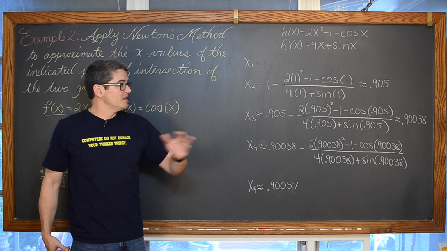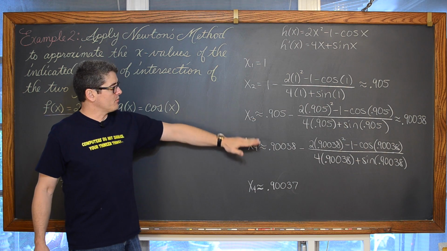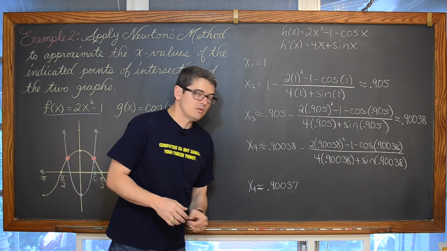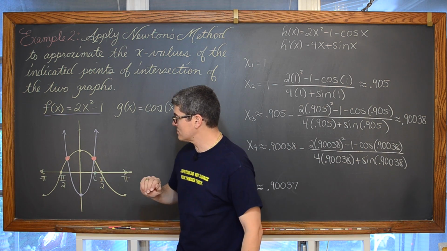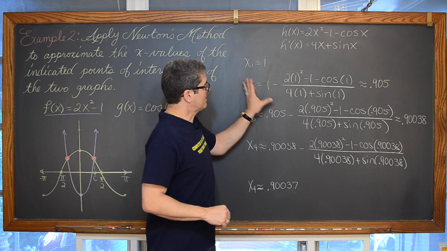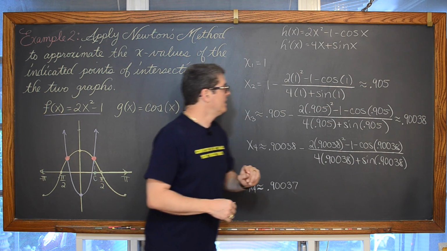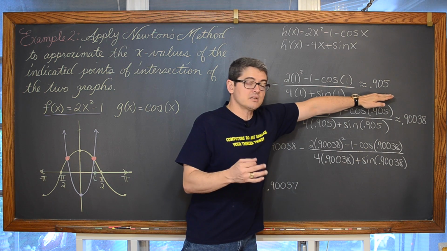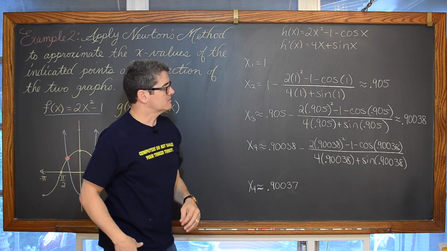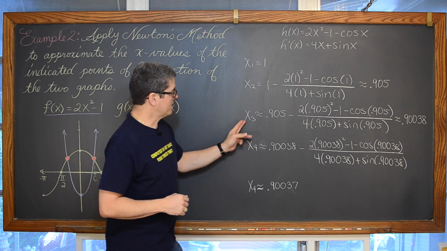So there you have it. With just one guess, an x value of 1, and going through 3 more iterations of Newton's method, we have an estimated solution where these functions cross of 0.90037. We went from 1, using that tangent line and the next intercept of a tangent line, to 0.905. From the next iteration, using the equation of the tangent line based off of that estimated zero, we get a next step of